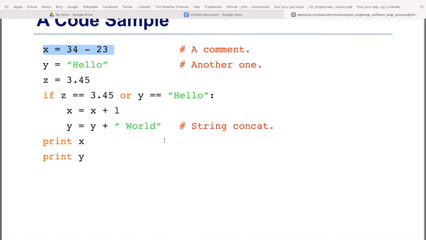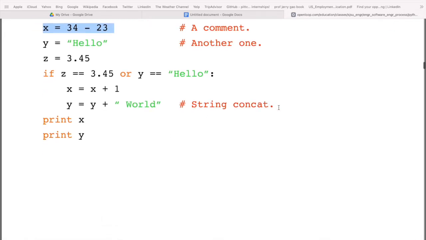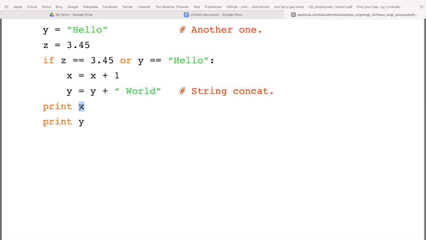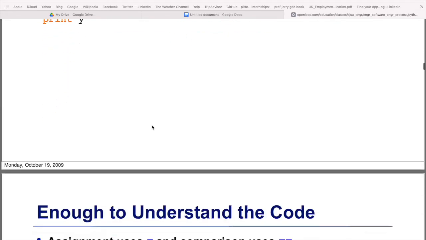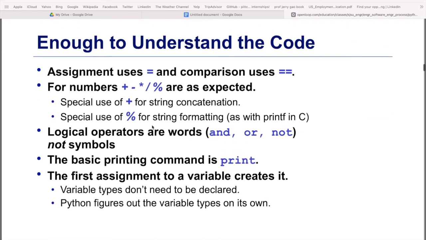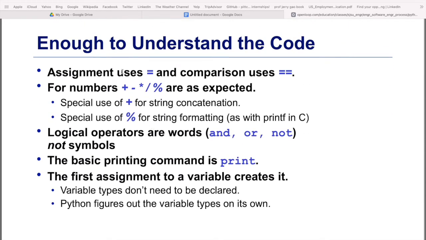It's a string, so this is string concatenation. Now we are printing both, so x will be plus 1 as both conditions are true, and y will be hello world. The output is not shown here, but it is enough to understand the code.